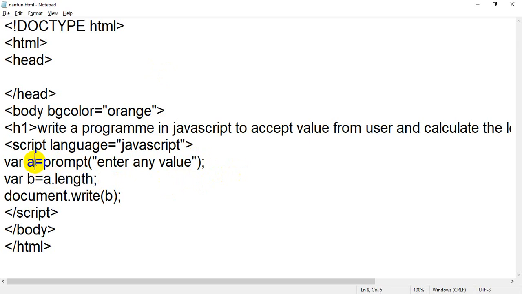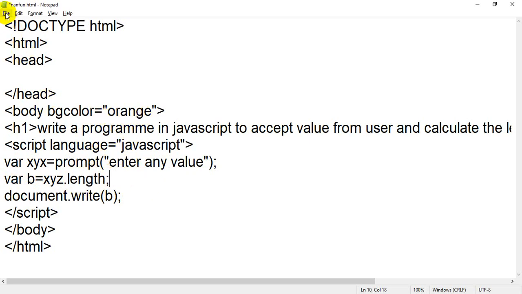Your variable name could be anything, not just A; for example, you can write XYZ, so XYZ.length. The variable name can be of your choice, but the main thing is that length is a built-in property given by JavaScript. You have to use this property.